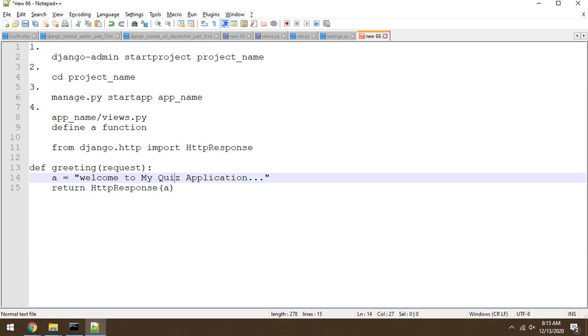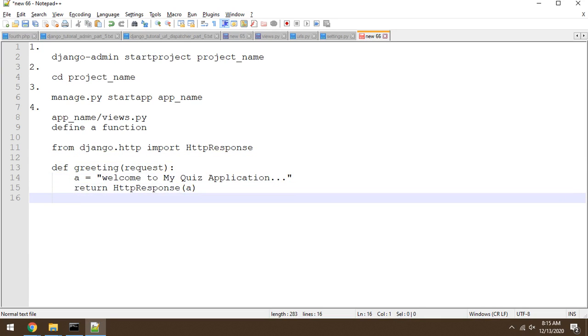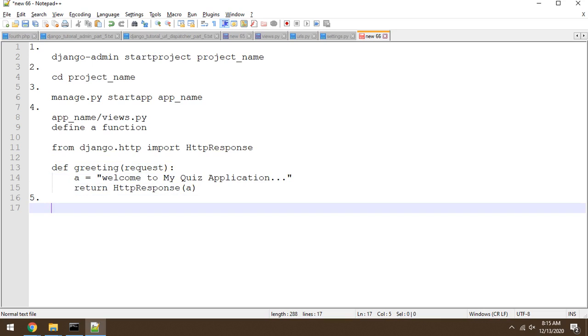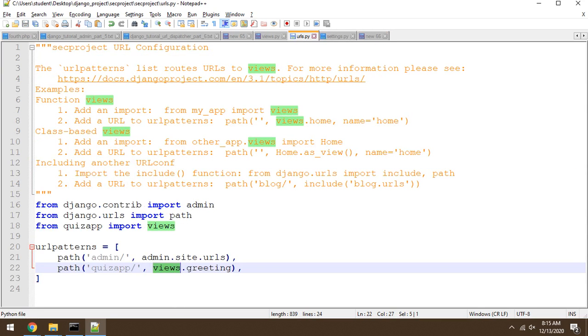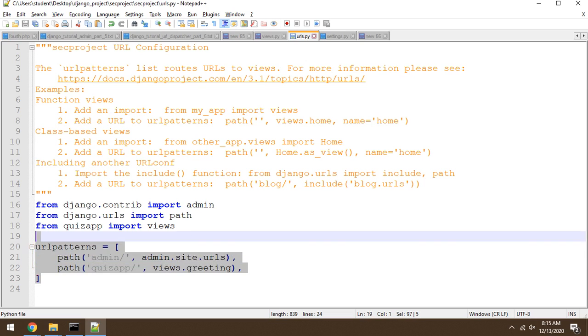This was the code. Okay, now what about the next one? After that we just open one more file, that is actually project name slash urls.py. और उसके अंदर हमने क्या किया था? We just add one line. Okay, so